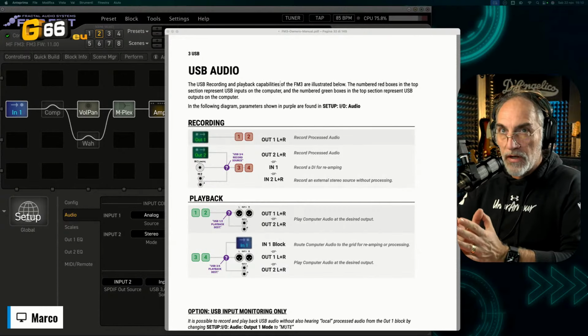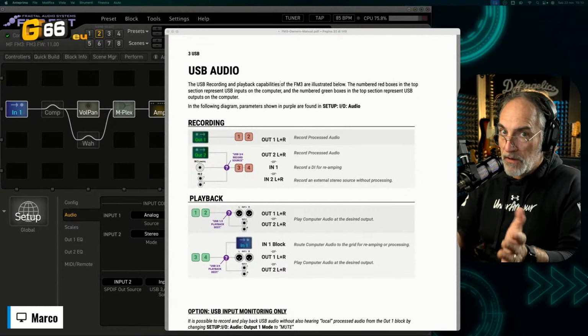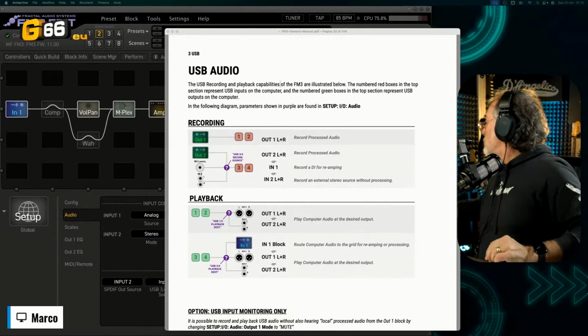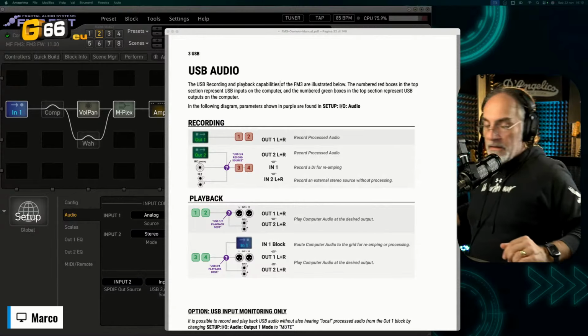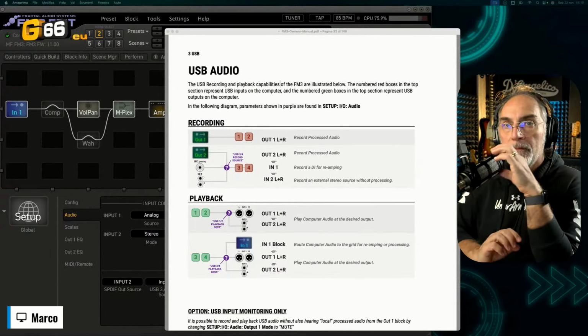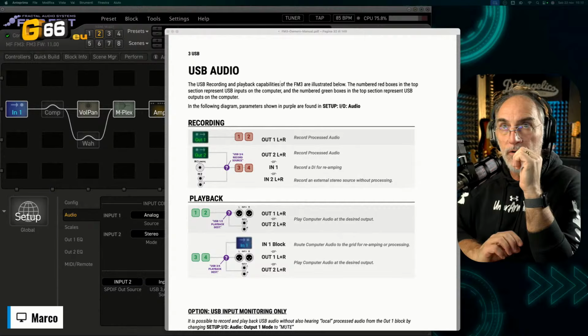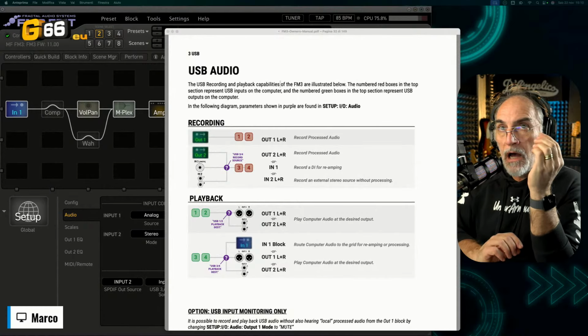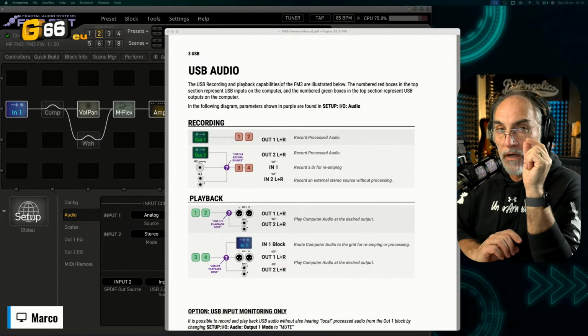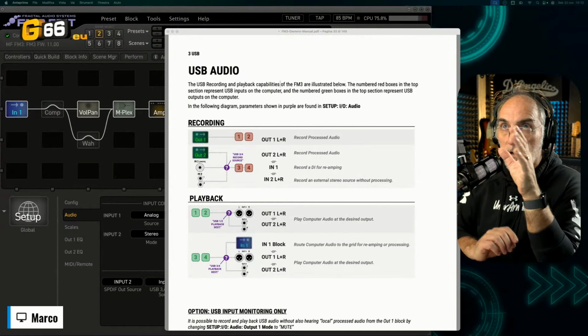First of all, it is really important to use the manual. Manual is mandatory now. Sorry. Manual is really important to know how the interface works with your PC. So, as I told you,